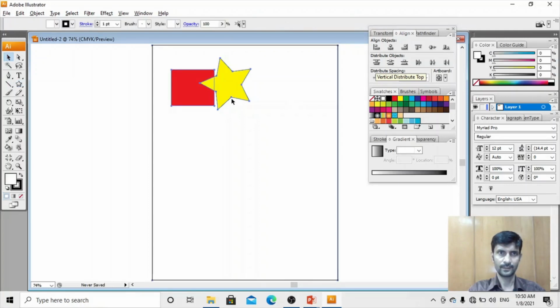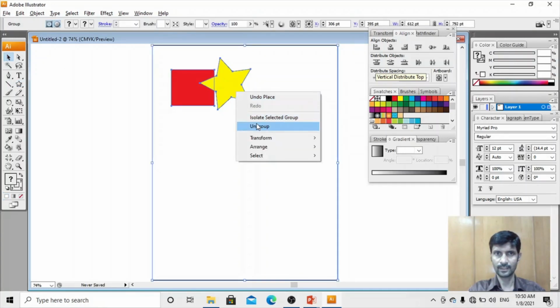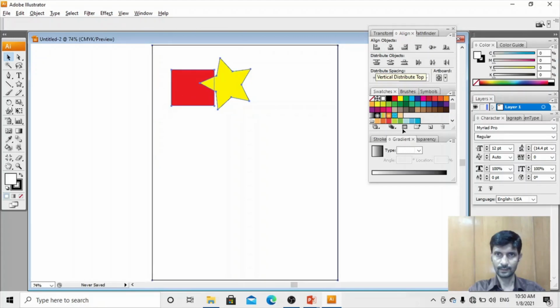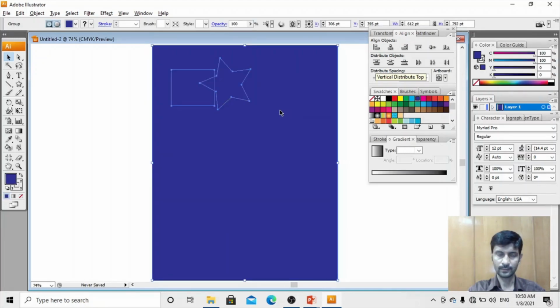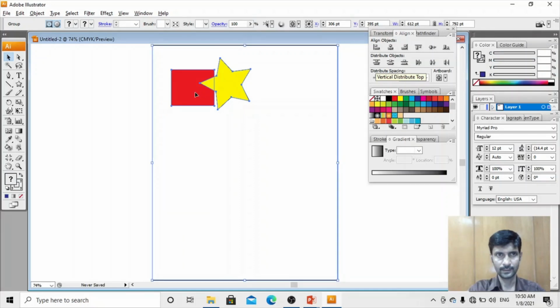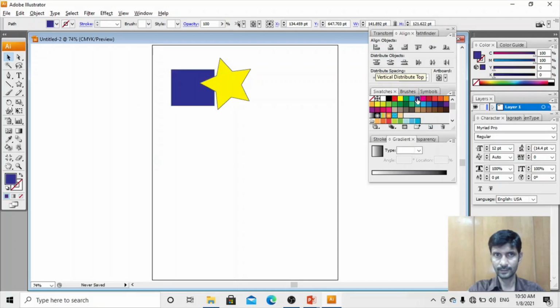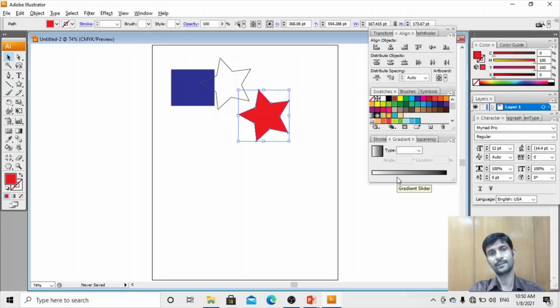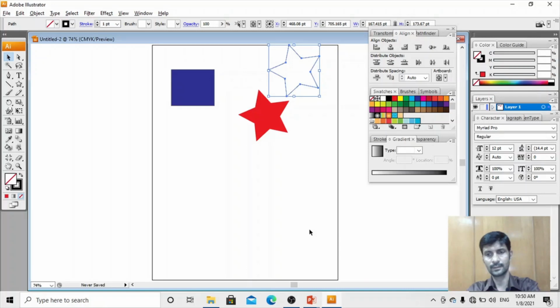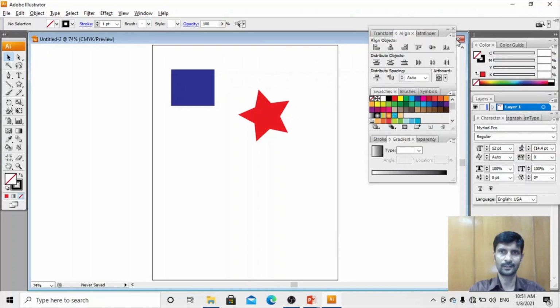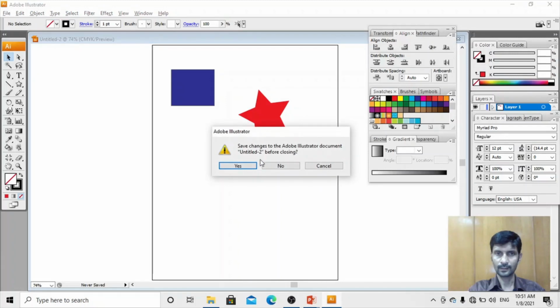Now you can edit and change it by ungrouping. See, I will change the color to something else. The background has been selected, and I release the clipping mask also. Now you can individually select and fill a different color, edit, replace, and change the positions also. See, this is how you can create. If you don't want it, you can delete it also. This is the method of importing a document into the Illustrator file.